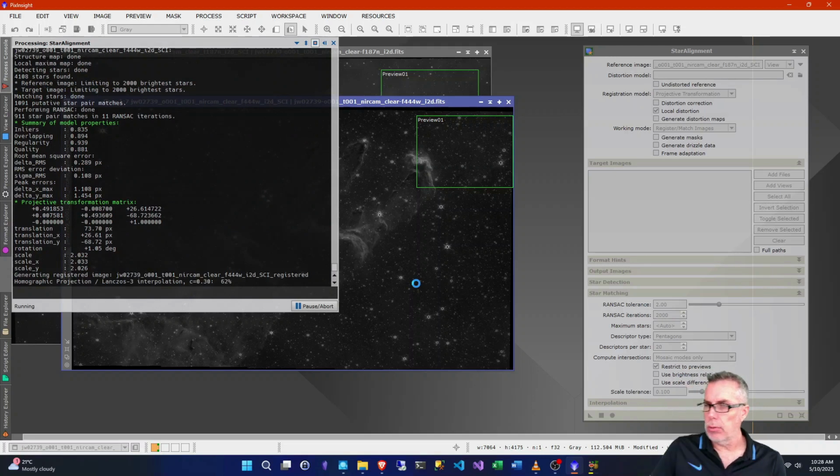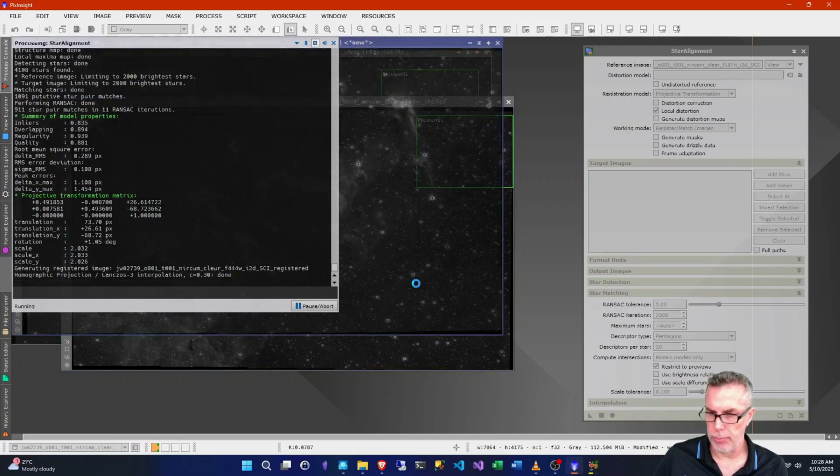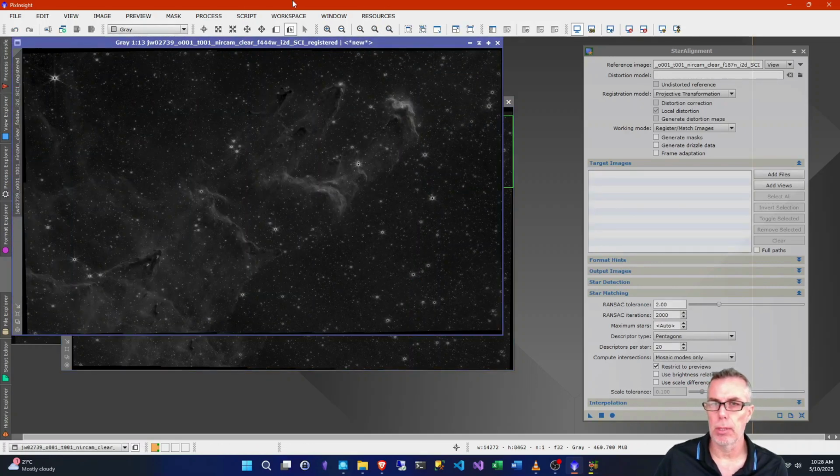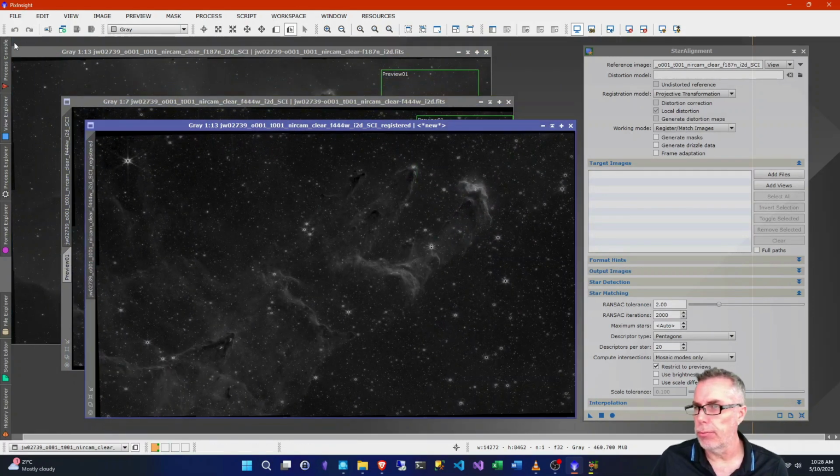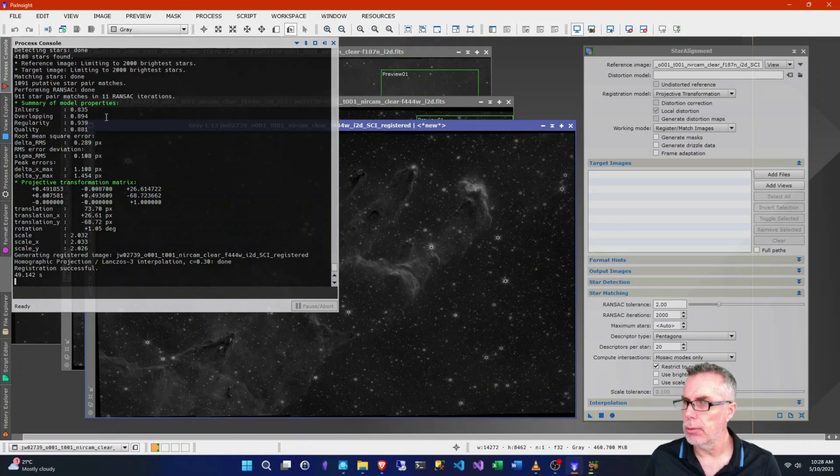Yeah, so it found all kinds of stuff and is calculating the transformation. So, and that's where it is. A new file. So let's just review the results here. So it did find, because the new image apparently is brighter, it found 4,108 stars in there. It did some matching and calculations and whatnot, and it found that we need, at the end of the day,